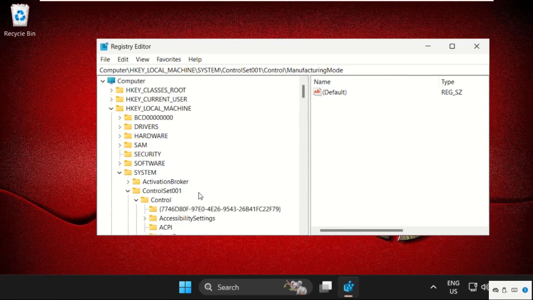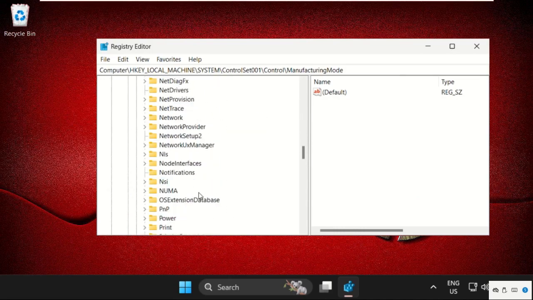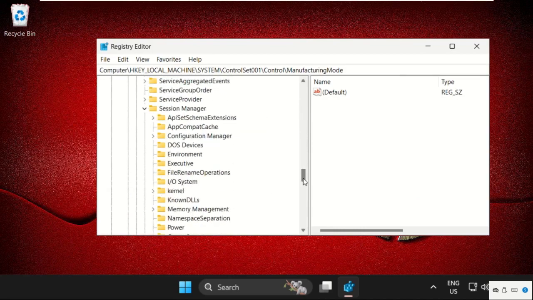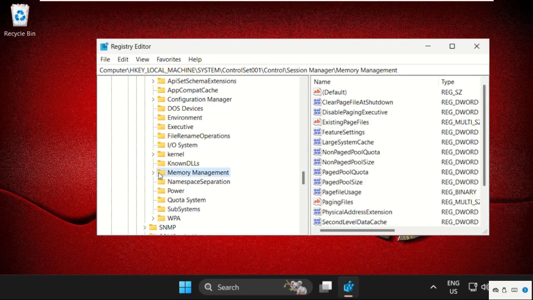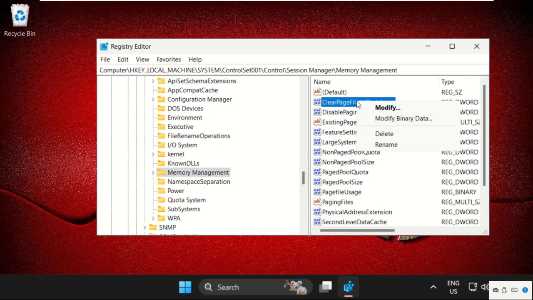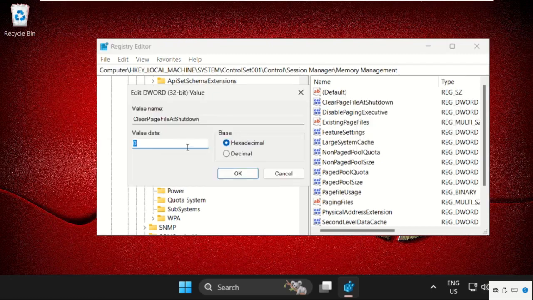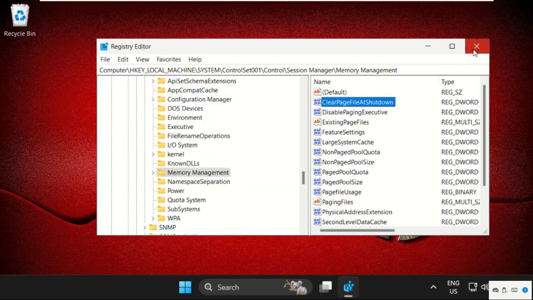In this session, so here it is, just select it. On the right side we need to find out ClearPageFileAtShutdown and simply right click on it, select modify, change the value data to 1. So click on OK. Now close this window, then